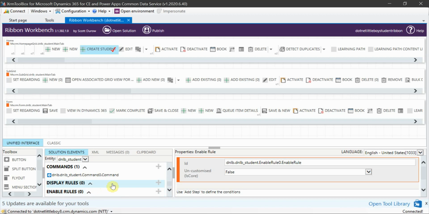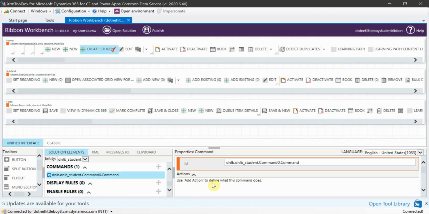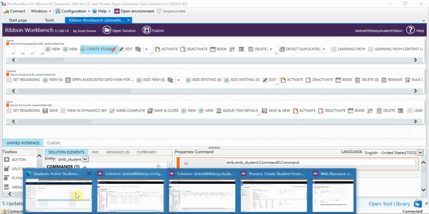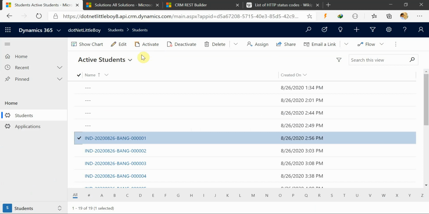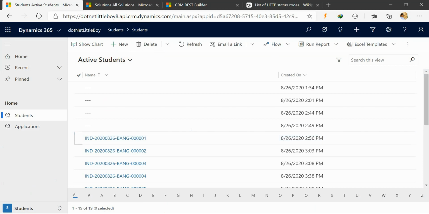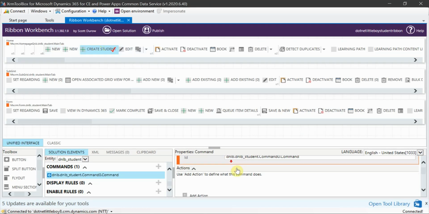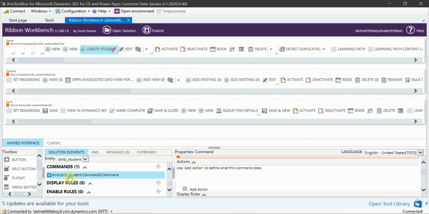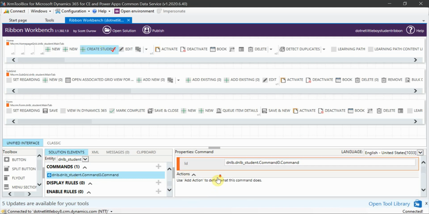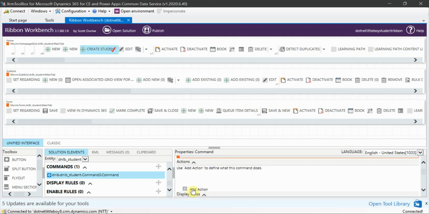I only want a simple command which will be executed on the click of this button, which I'll add now. On the click of this button, you can see that when you add the command, it comes here, the command name ID comes here, and then you have to add the actions. Once you click this action, you can see we have two types of action. One is URI and the other is JavaScript. You can add the JavaScript, as I'm going to add now.